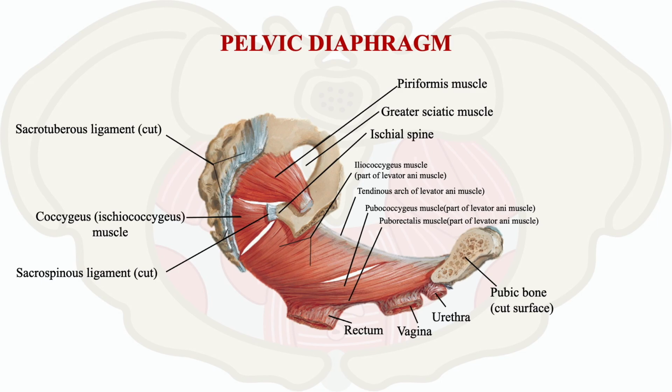When we say pelvic floor, what does it mean? It basically means the various muscles which make a gutter-shaped cavity, and the main muscles which are responsible are the levator ani muscles. And you can see in this diagram the various muscles, the ligaments, and the other structures which form the pelvic floor. Okay, now the actions of levator ani and coccygeus.